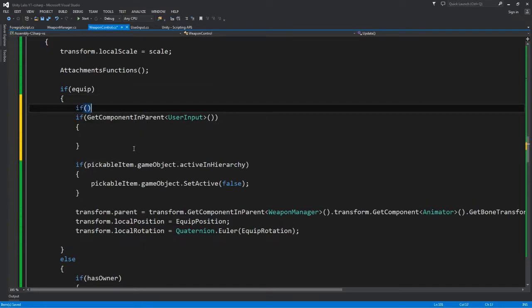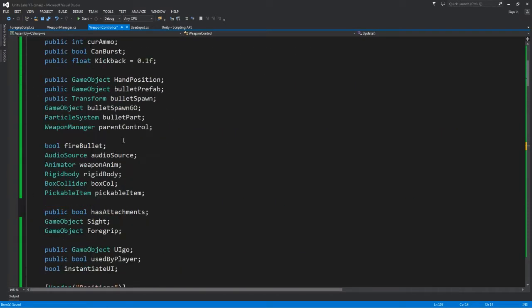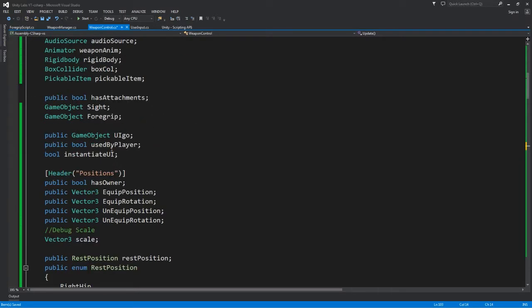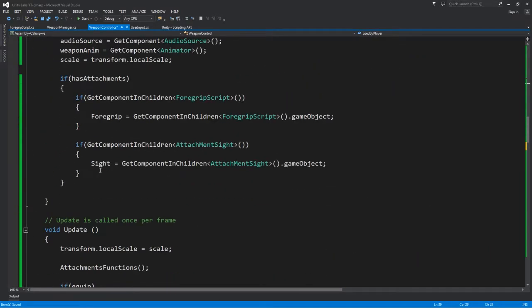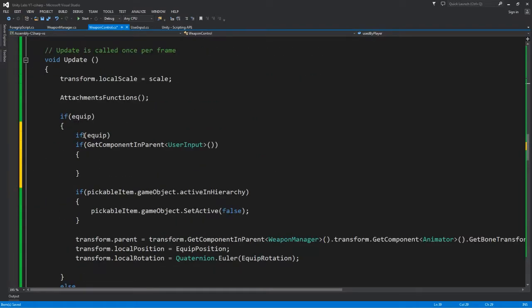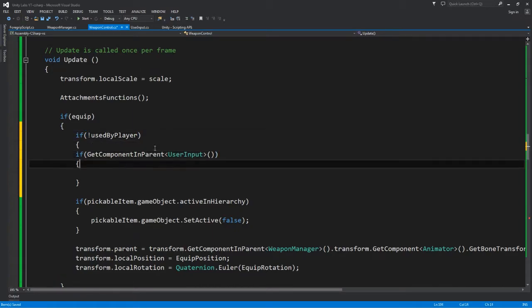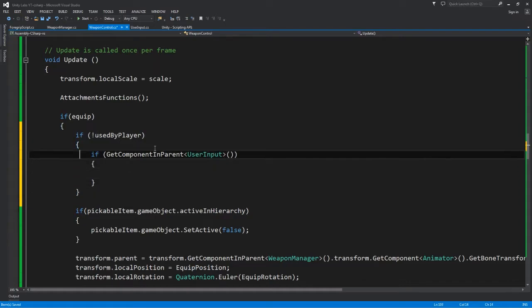So when the weapon gets equipped, if it's not used by player, we'll do a search for a user input, and if it finds it, it will say used by player equals true. Now this should probably not run every frame and should add in one more check, but let's just not do that for now, and we will say if used by player,